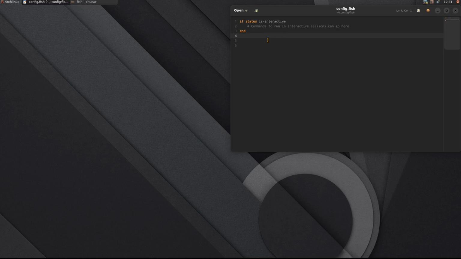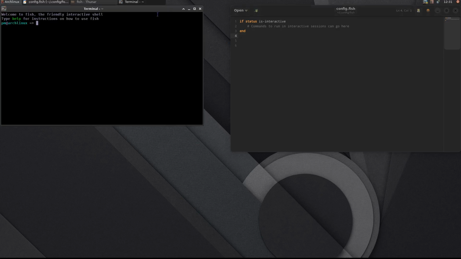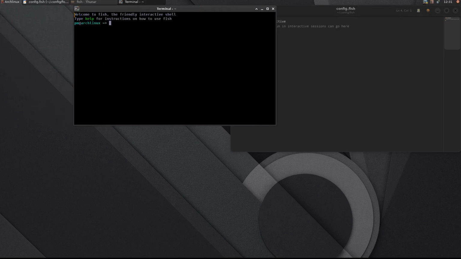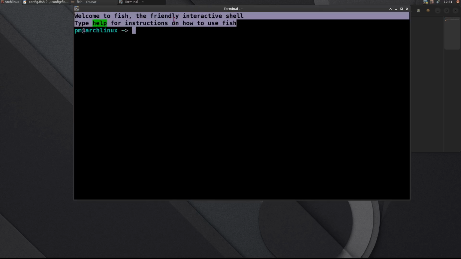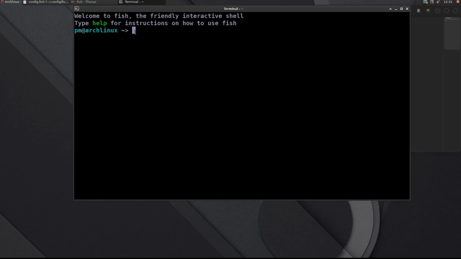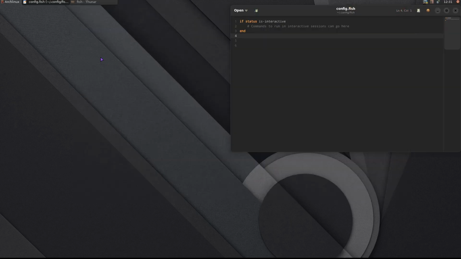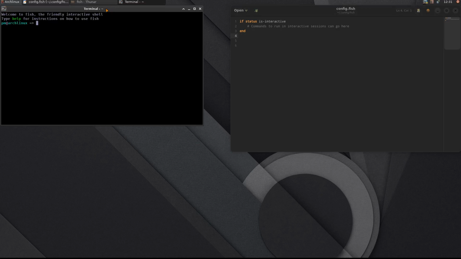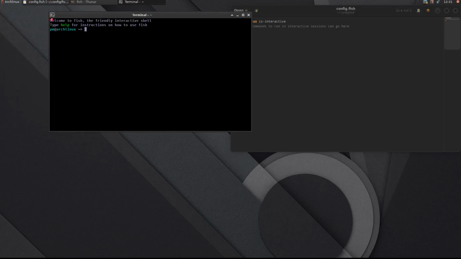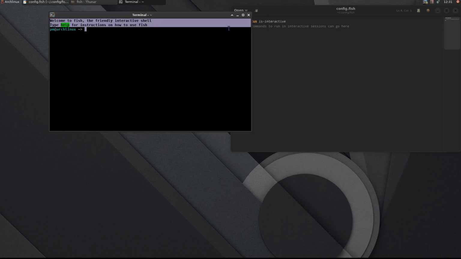So it's just a very tiny script. If I open the terminal, you will see that this text comes up. Let me increase the size so you guys can see better. And that's it. If I close it and open it again, you'll see that the text shows again. No matter how many times I open it, this text will always show. We don't want that, because unless you want to say something like hello world every time you open it,